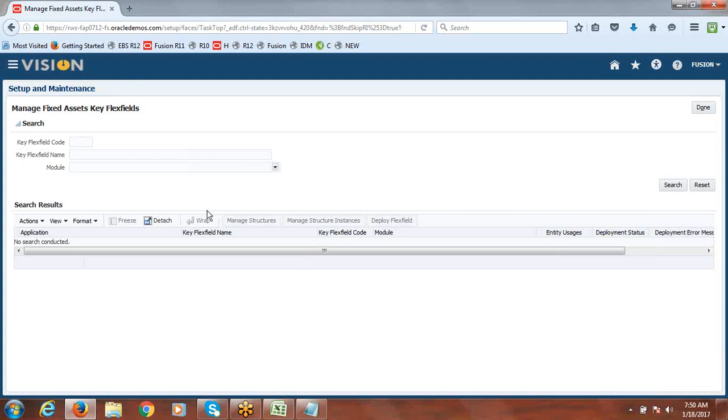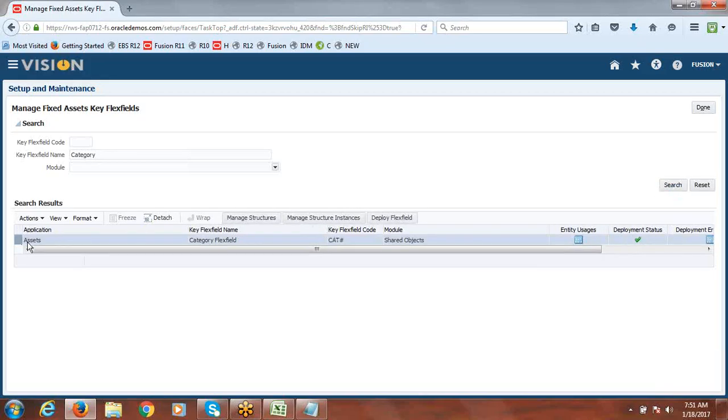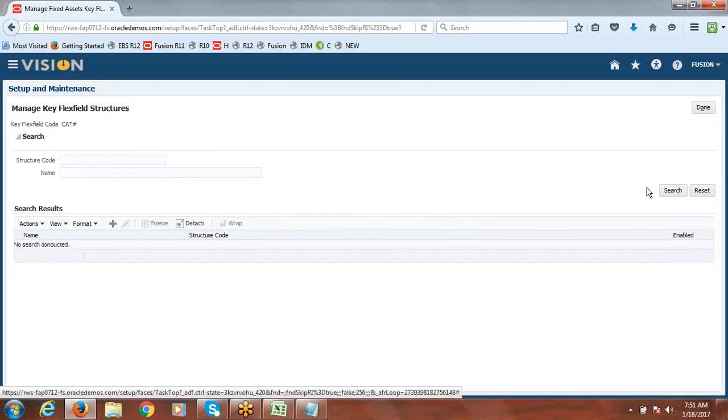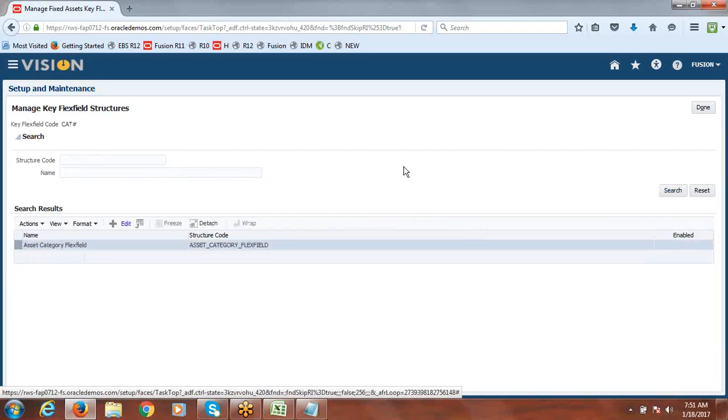Think in that way. So here, search for the flex field called category, the assets application category flex field. Then go to manage structures and see how many structures you have. You can see only one, which is created by Oracle.